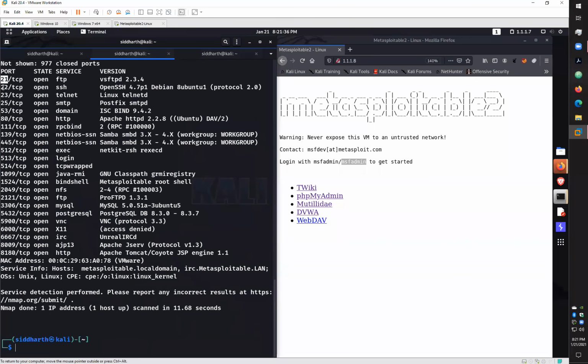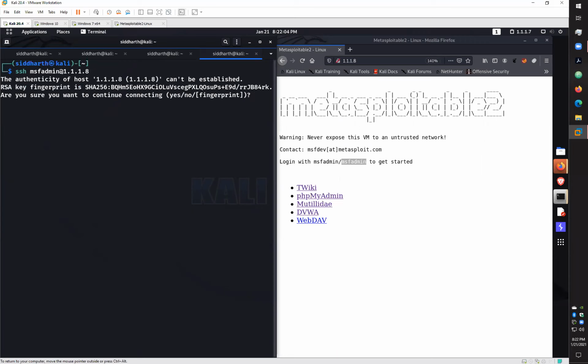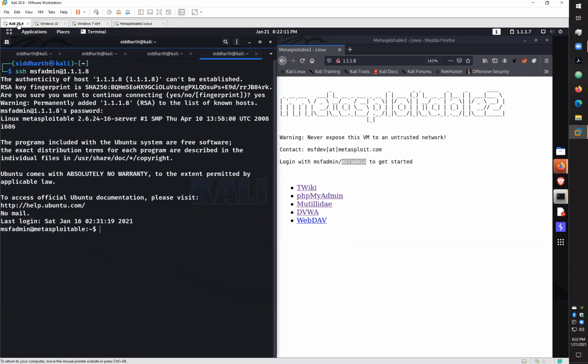Other than port 21, I have one more port, port 22, where I have the SSH service. The SSH service is used to get a shell on that machine. So let's try that part. To connect to the machine, you can use ssh and the username, msfadmin, at the rate, and the IP address. When you press enter, this will ask you for the password. I have a password, msfadmin, and when I enter the password,